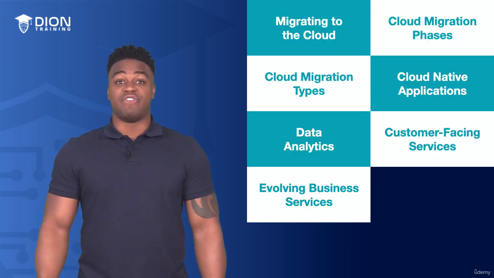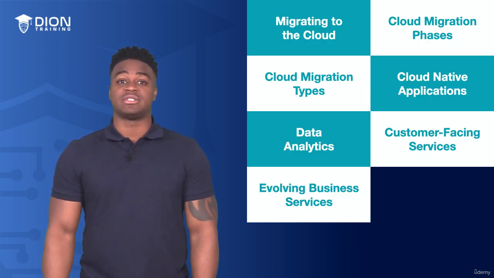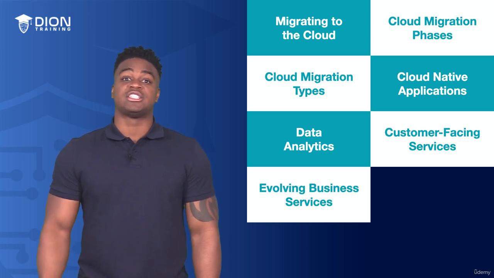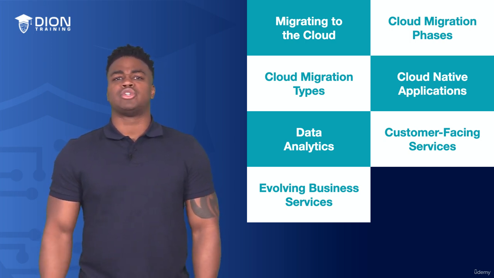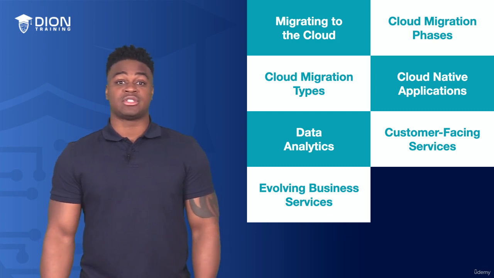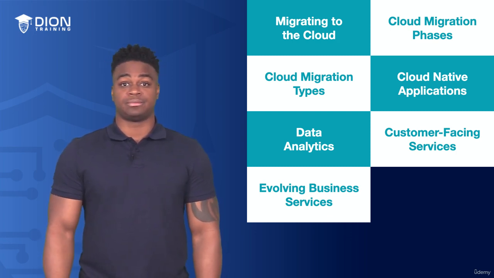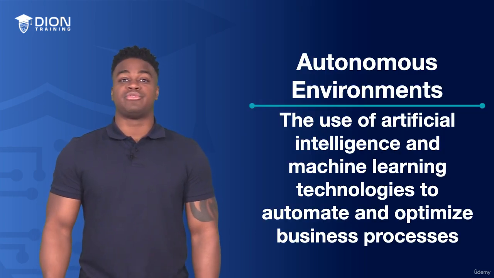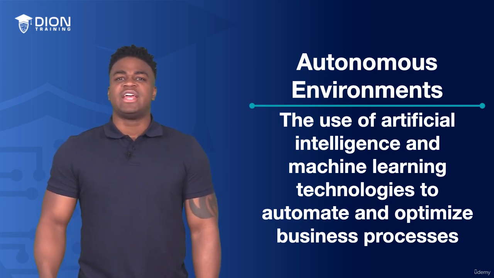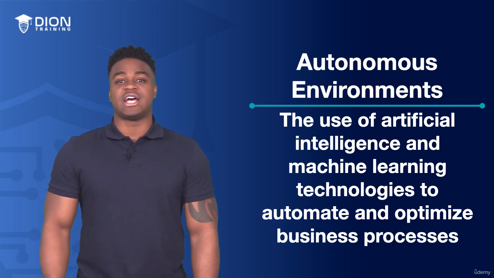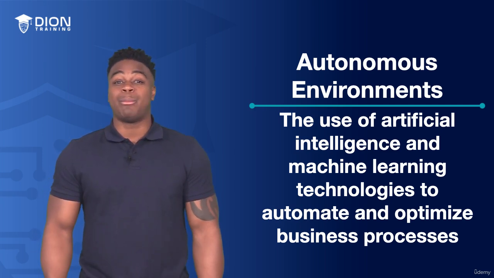Next, we will discuss evolving business services, including autonomous environments, Internet of Things, blockchain, cloud collaboration, and desktop management, which is also known as virtual desktop as a service or virtual desktop infrastructure. Autonomous environments refer to the use of artificial intelligence and machine learning technologies to automate and optimize business processes. These technologies can be used to automate tasks such as data analysis, decision-making, and resource allocation,